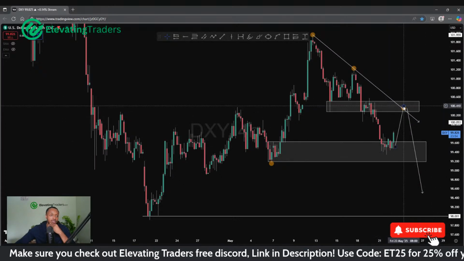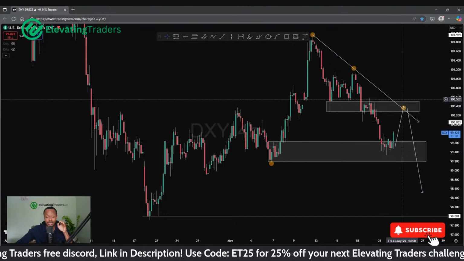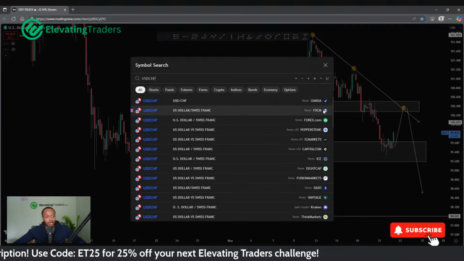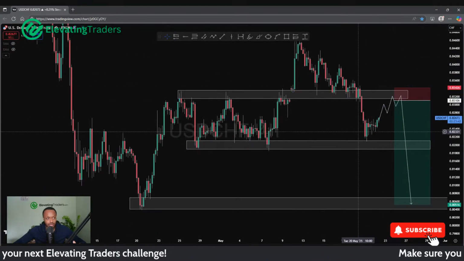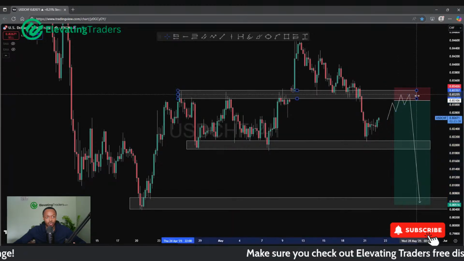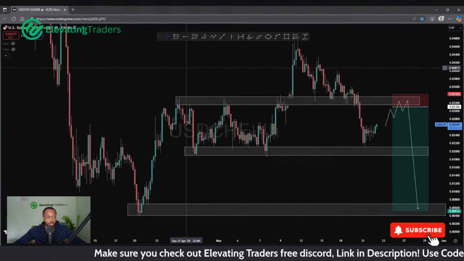But if we could push back to the high, which would actually be very nice, because if we could push back to the high there, that probably gives us the pullback in dollar CHF as well. So if USD can push back to resistance, that probably gives us a push back to resistance there for US 30. And this looks like a really nice level for a short.